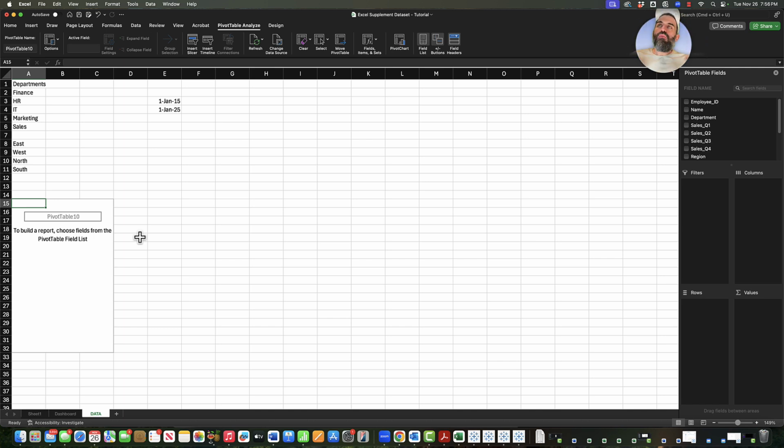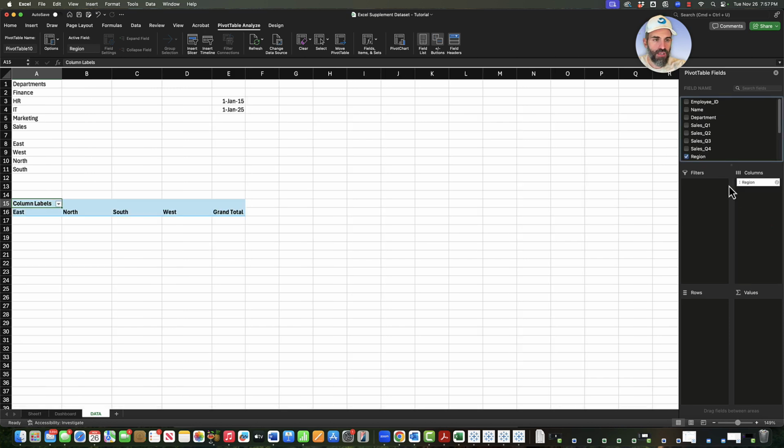So I want to make 3 graphs. I want the first one to be a bar chart, and I want the bar chart to be the number of employees in each region. So how would I do that? Well, first of all, I would want to have the regions, let's say as a column, and I would want to count the employees. So the way you would do that is by using employee ID. Why do you have to use employee ID? Because